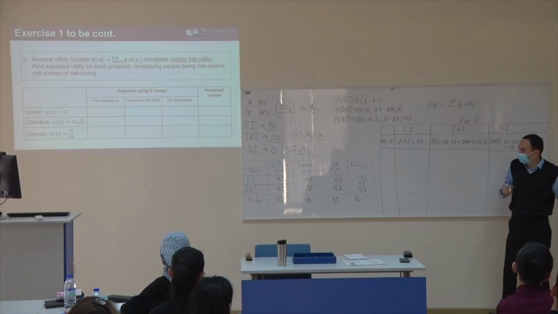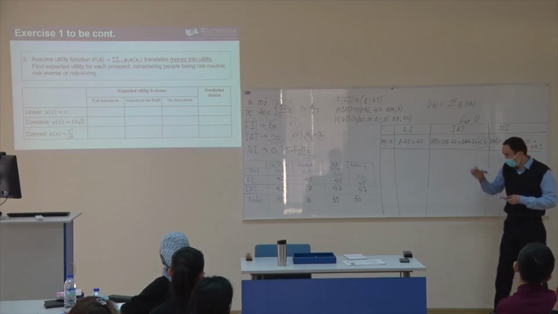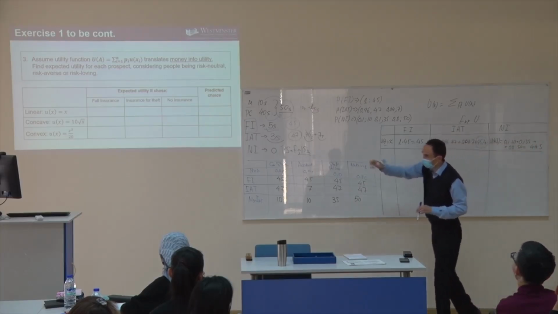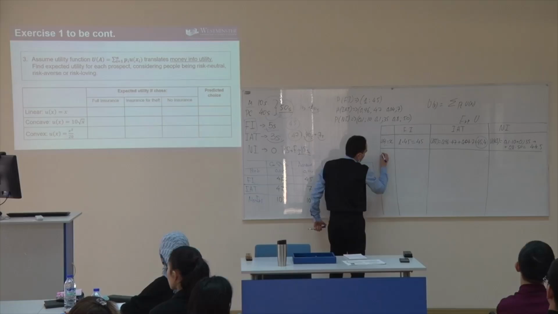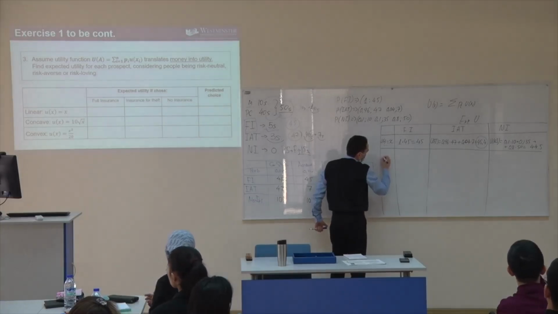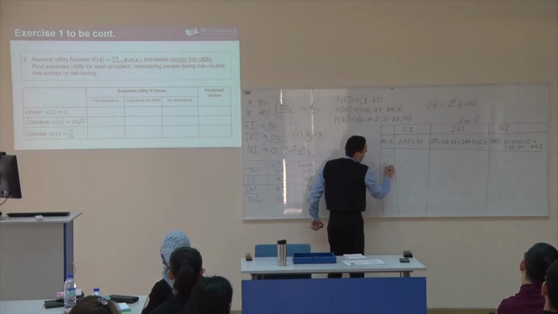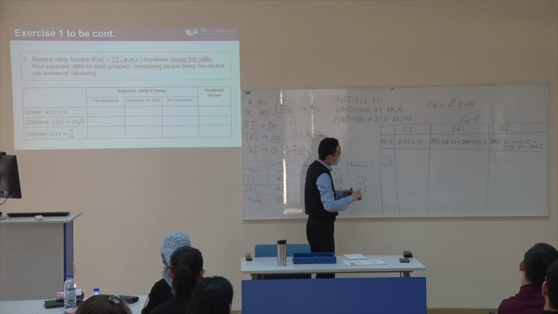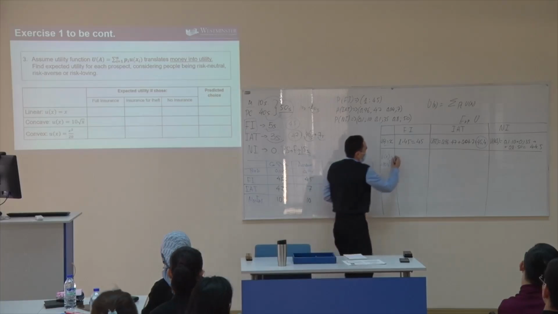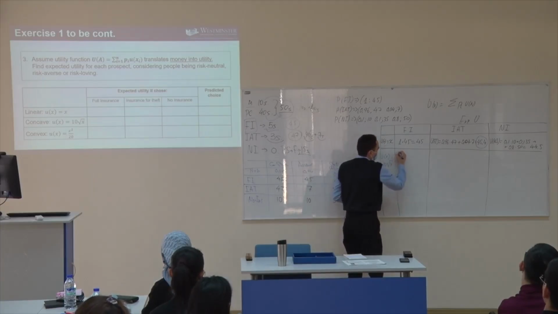Okay? So now, therefore, we have different utility functions. What about the case if people are risk averse, who do not like risk? Okay? So we will see the situation will be different. So now we are considering the utility function in the case where a person is risk averse. Good. So now let's calculate this one.